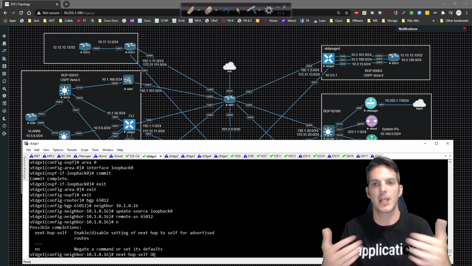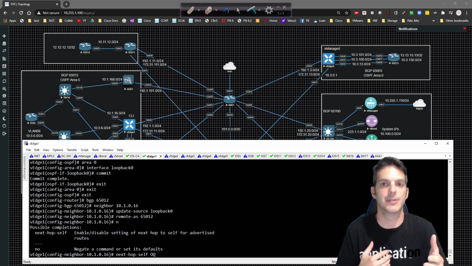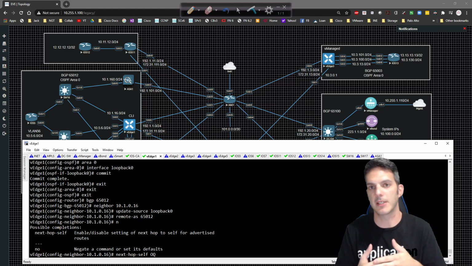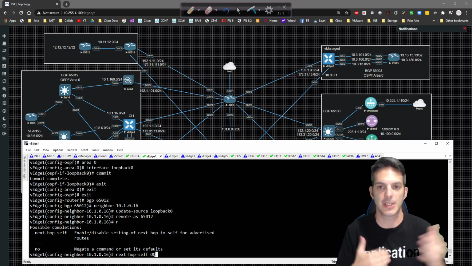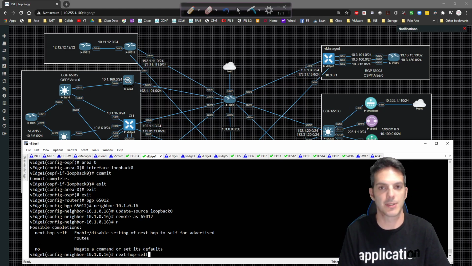Because if we learned in any eBGP routes from anywhere else in the network, for example, what will end up happening is the eBGP updates don't actually update the next hop themselves. So we'd have to set the iBGP next hop to vEdge1. I'm throwing it in there because it's something I'm accustomed to doing, not always necessary. So if I was to leave it off, for example, let me just not throw that in